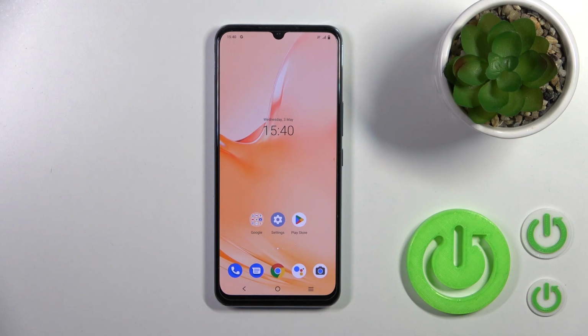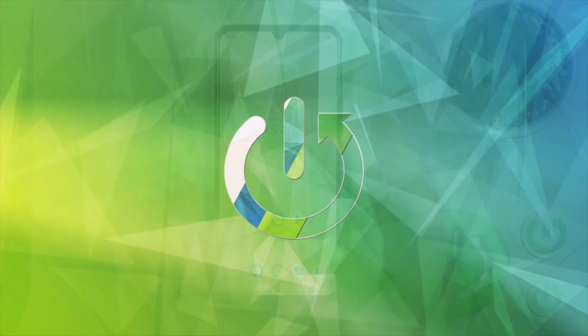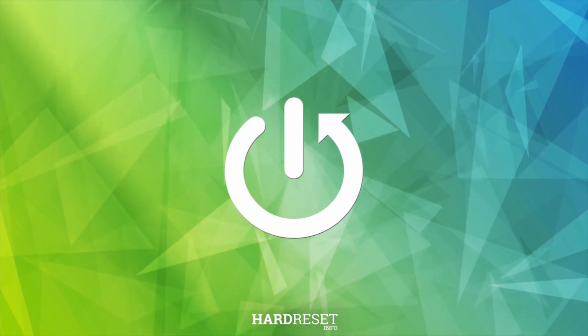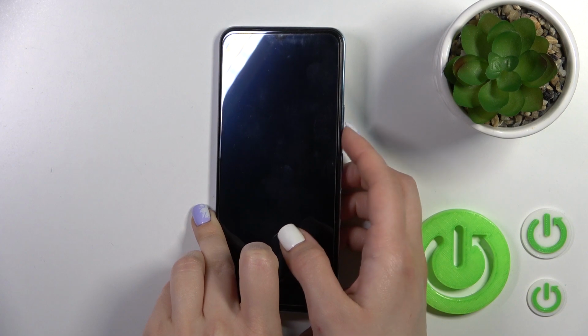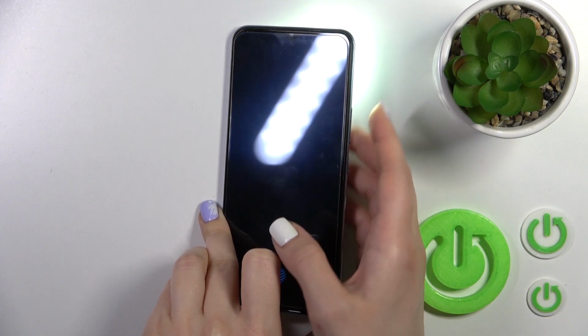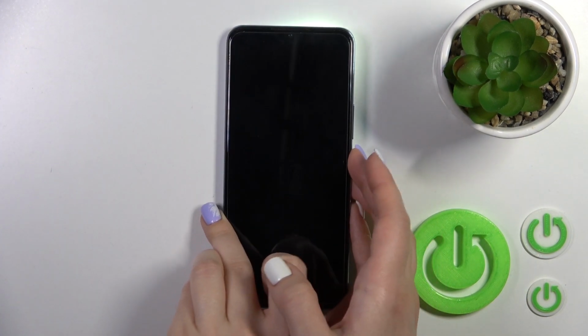Hi, today I'm reviewing VIVO V21e and I'll show you how to customize the quick action option on this device. So now by pressing and holding the volume down button, we can launch the flashlight, and if you want